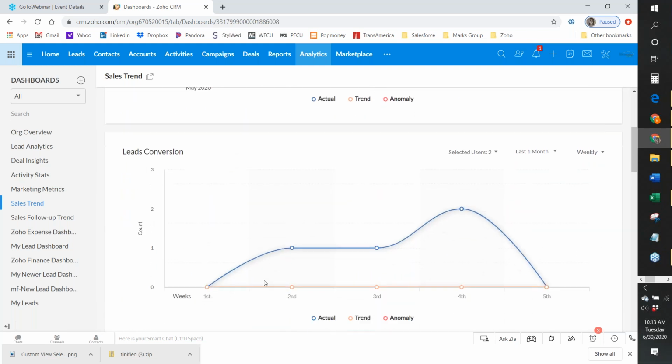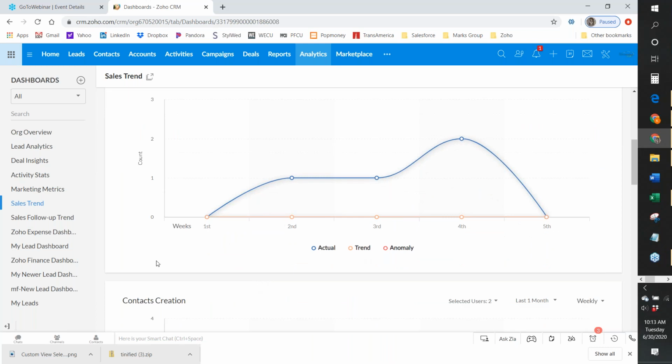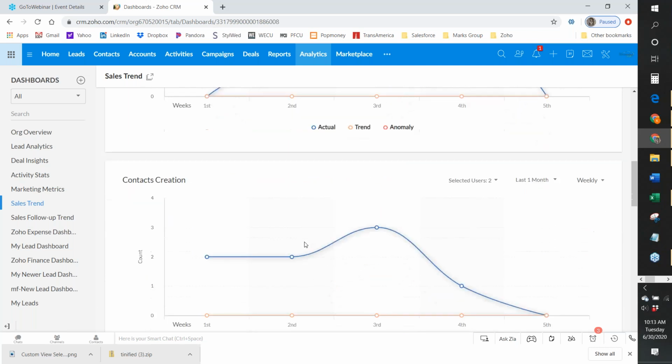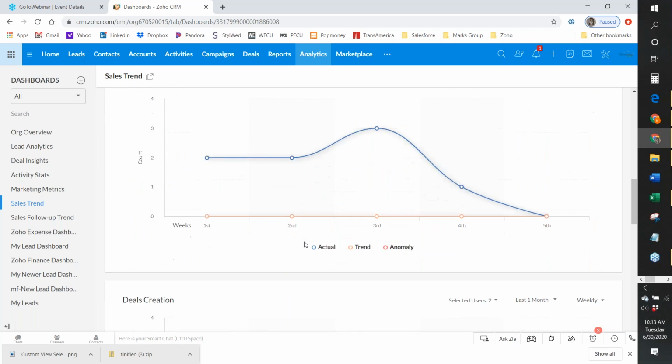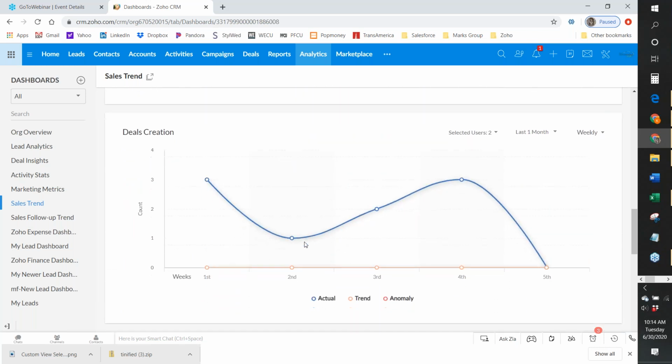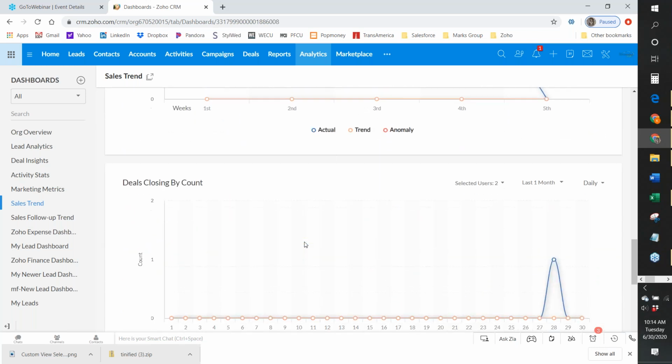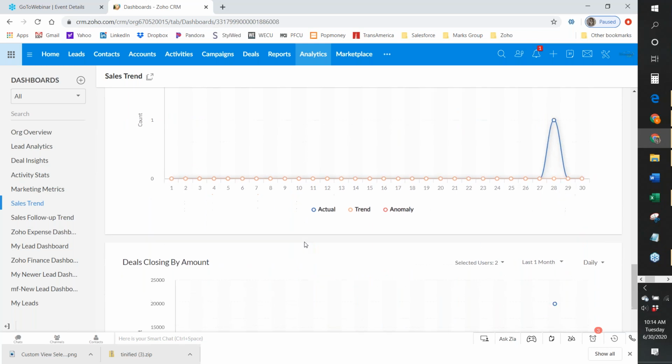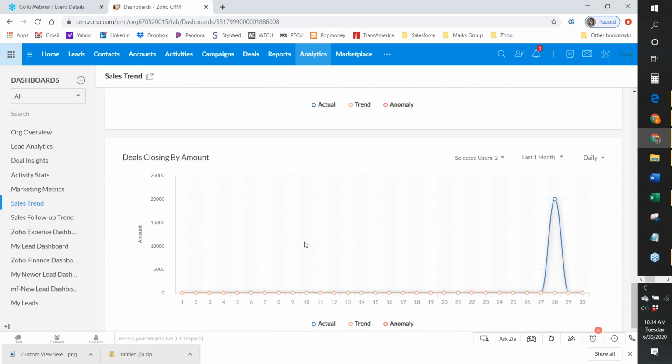So we go down and we look at our lead conversion. We can see again what's actual, what's our trend, what's our anomaly. If you hover over any of these, you can see what's going on. So in the second week of May, we had one lead that actually got converted. So down into contacts creation and deals creation. Deals closing by count, deals closing by amount,